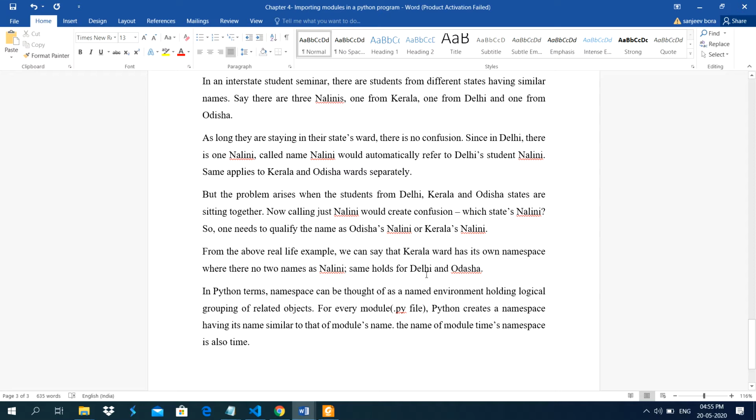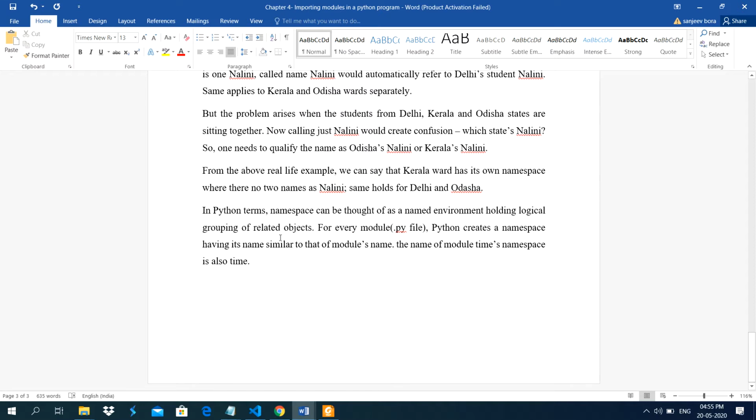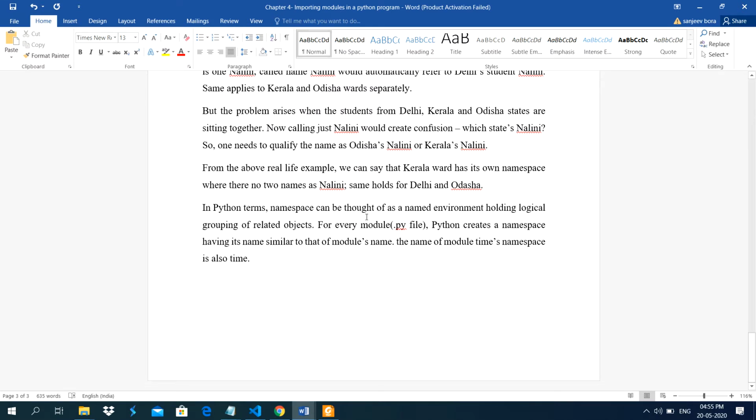The same holds for Delhi and Odisha. In Python terms, a namespace can be thought of as a named environment holding a logical grouping of related objects. For every module .py file, Python creates a namespace having a name similar to that of the module's name.